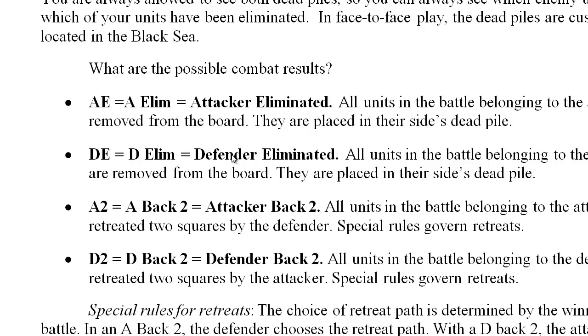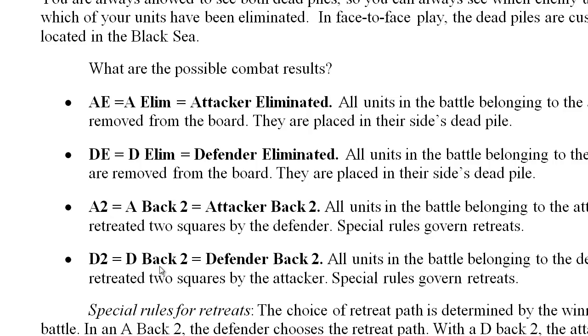There are actually two dead piles, one for each player. By convention and custom, the dead piles are placed in the Black Sea. At any time, each player can inspect the two dead piles and see what units each side has lost as a result of combat. There are two more results, A back 2,